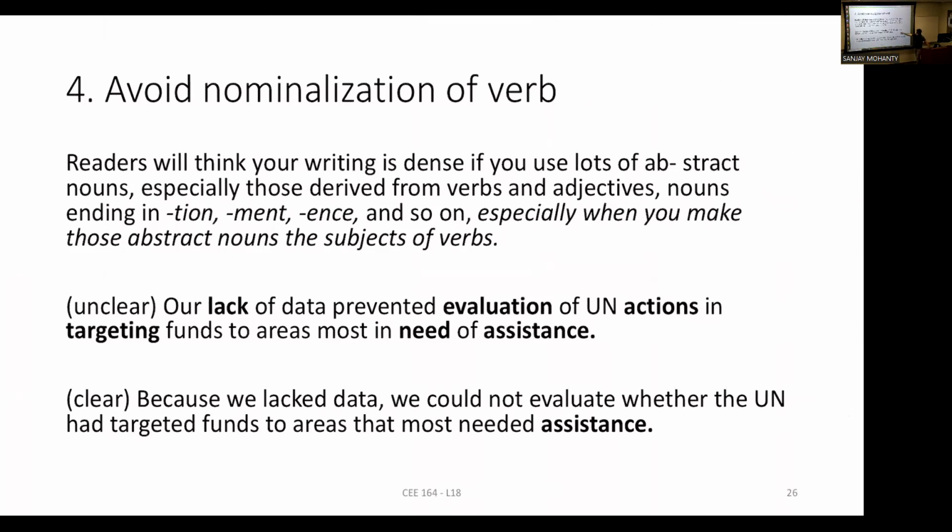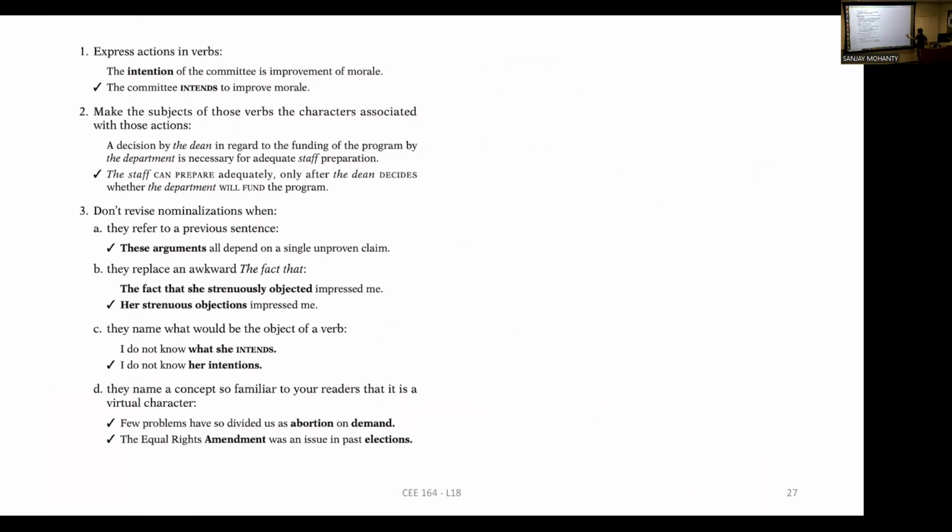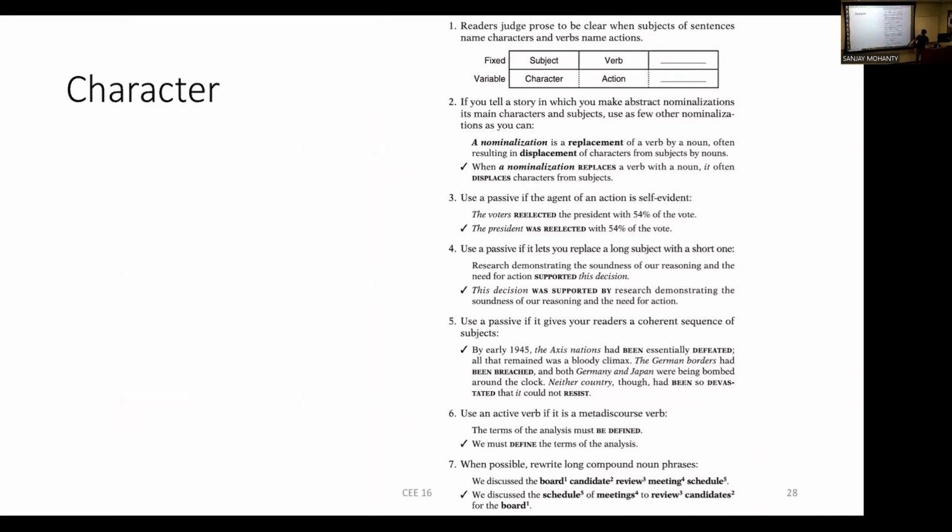Nominalization is the same thing. Evaluations. Say evaluate. You don't need to write evaluations. Need for assistance. Just assist. Verb, right? Just look for any time there are those things. Look for the verb hidden in that word. A lot of times it's needed as written, but there are other places where you can change it. So these are all examples given. I copied that from the book so that you can see it as an example.